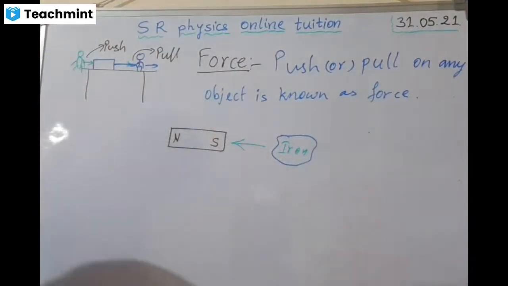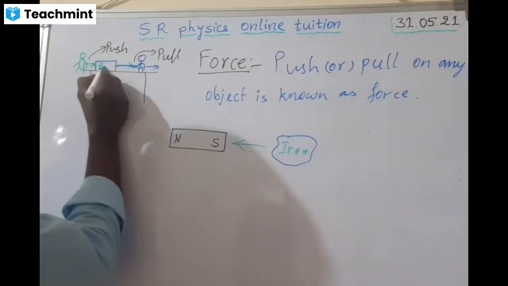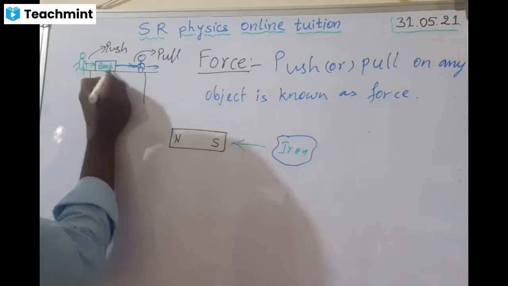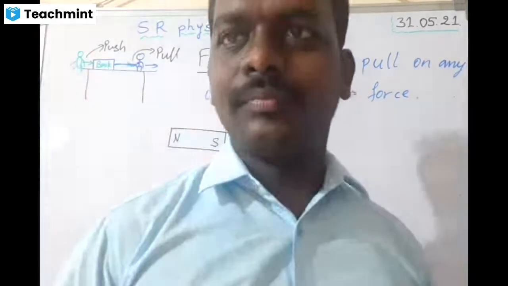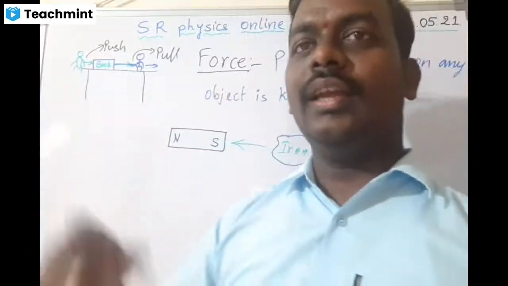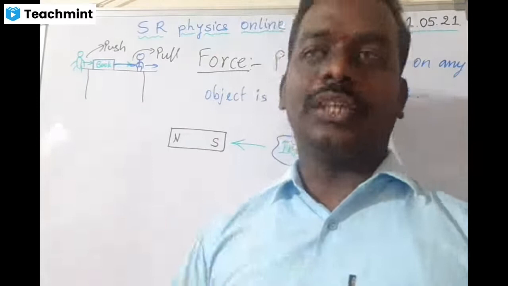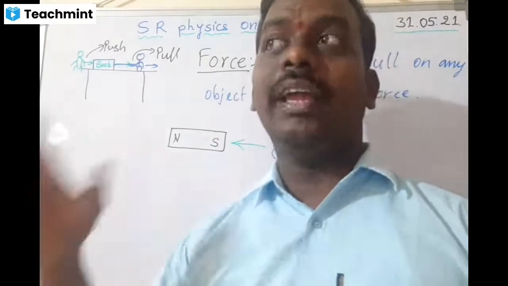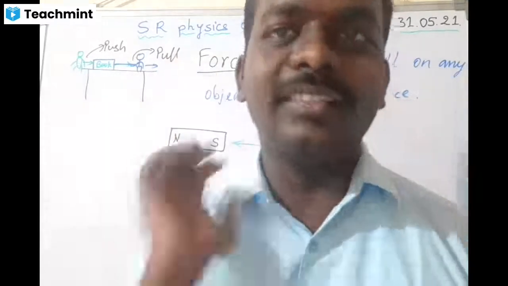Okay. Now, suppose you consider this as a book, and the book is placed on the bench. It is not moving anywhere else. Why? Only if you apply some force is it capable of changing its position. If you are not going to apply any pushing or pulling on it, what is going to happen? It will stay there itself only.